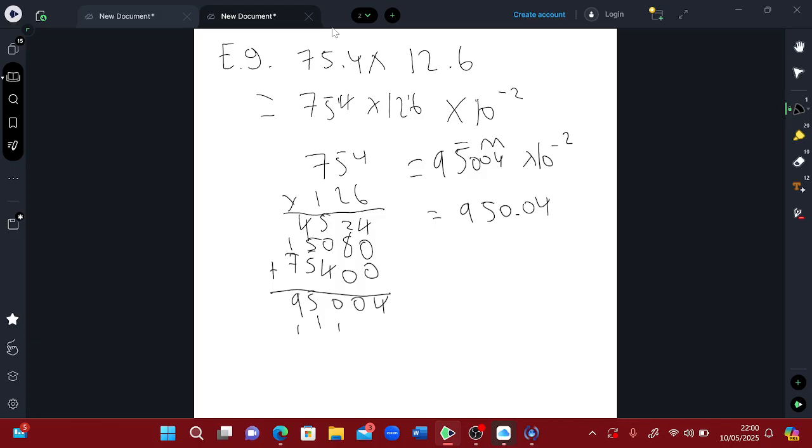you could just say this again, split it into, you could phrase it like this. So the original multiplication, you could say 754 times 126. Again, always convert it into whole numbers. That's the key idea of this. But you could say then